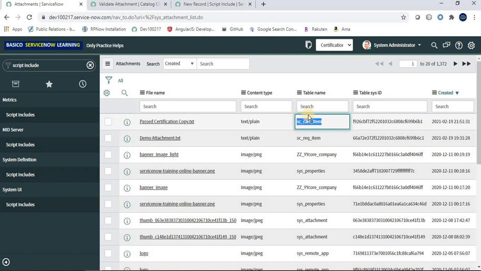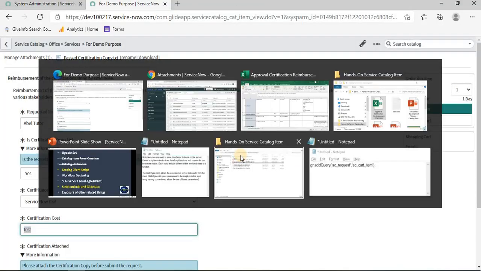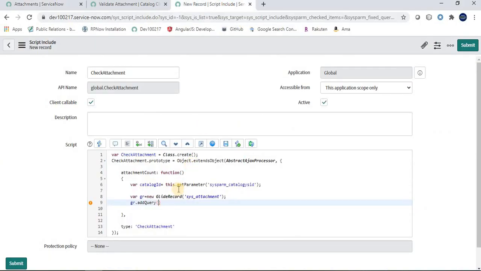So here I am writing a query, that is table_name. So go there and type table_name, and then I have to give the table name, that is sc_cart_item, right?